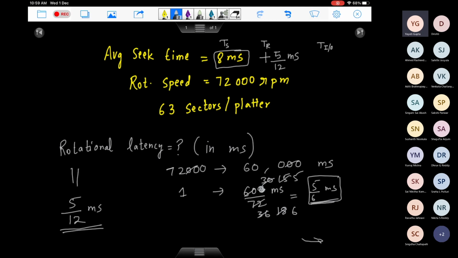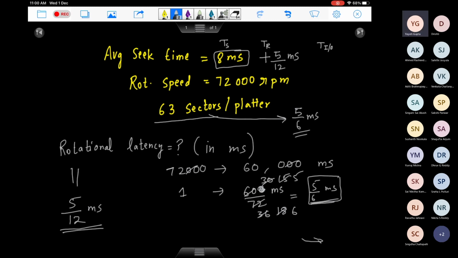So in that sense, if you look at it, there are 63 sectors on one platter. As soon as your disk makes one rotation, it could do a read write to all these 63 sectors. So if it had to do a read write to all these 63 sectors, how much time can it take? At a maximum, it can take the time which is equal to one rotation. In one rotation, probably it can do many more input outputs also, but in the worst case, it will definitely do one input or one output. So for your 63 sectors, how much time is it taking? 5 by 6 milliseconds, which is the time taken in one rotation.